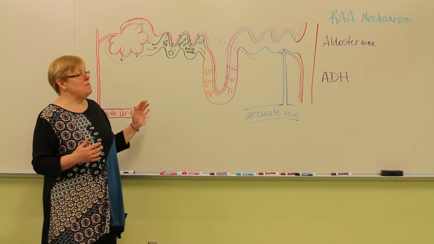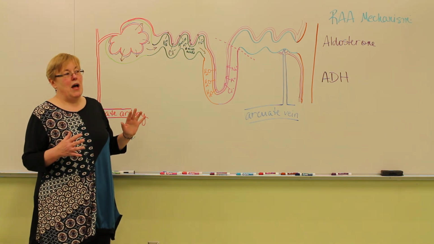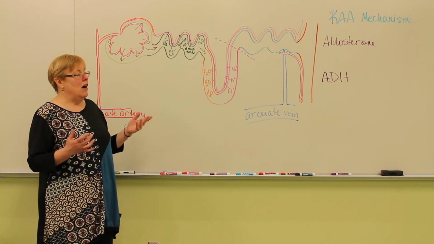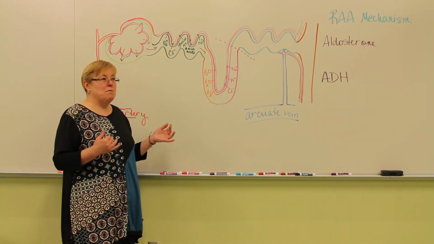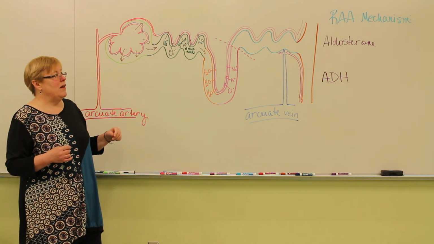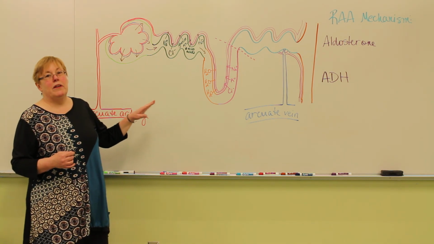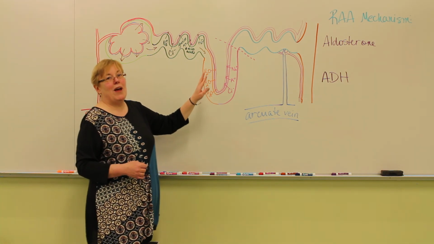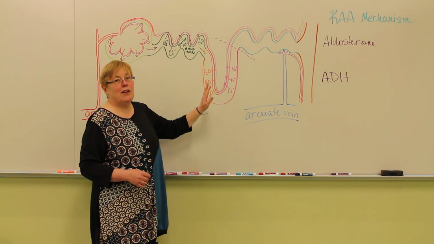And one of the major shifts that will happen is that the change in the tonicity of the blood, combined with the effect of the loss of volume on blood pressure, will initiate the RAA mechanism, or renin, angiotensin, aldosterone